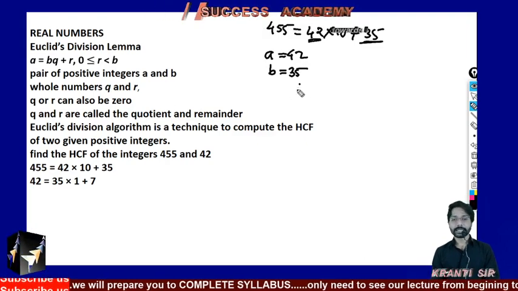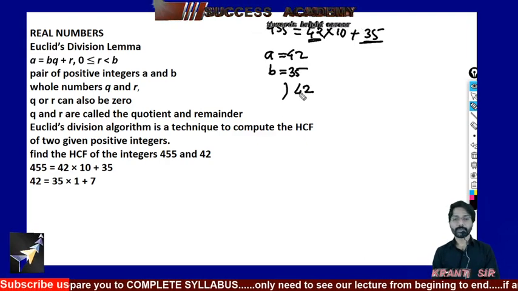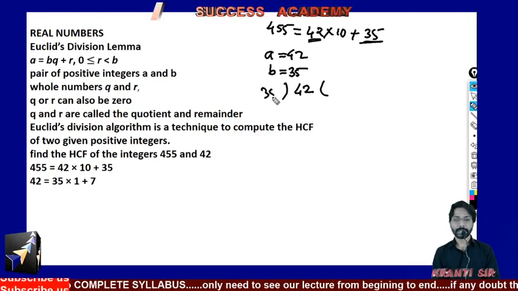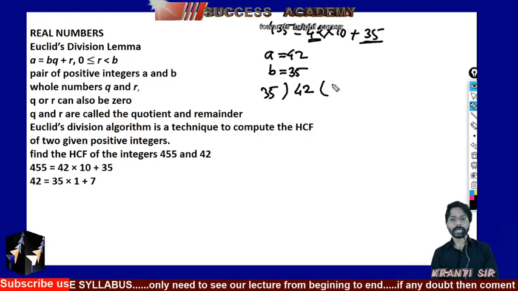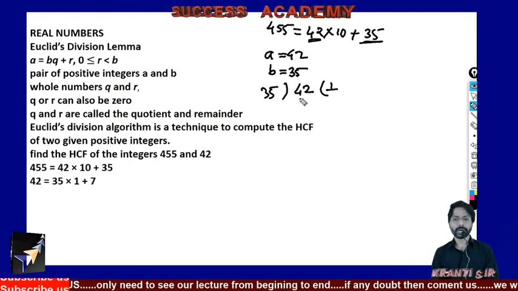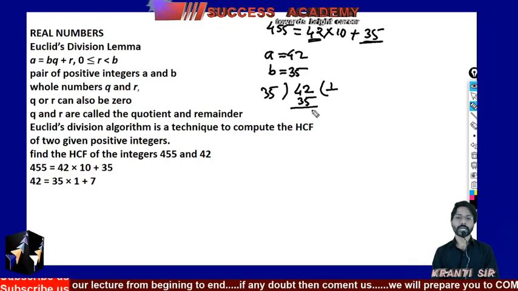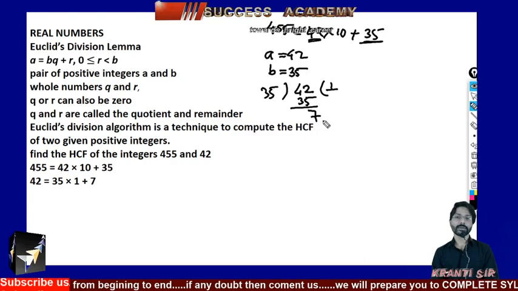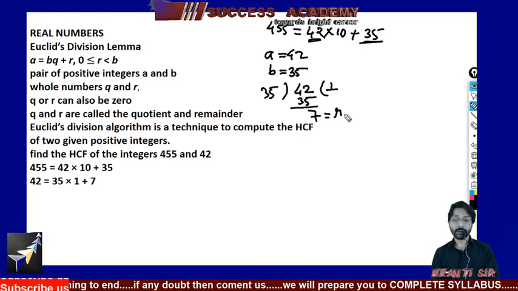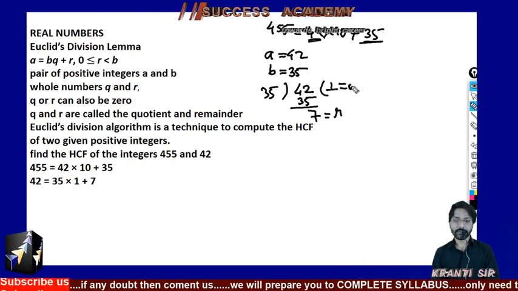divide this 42 by 35. Definitely you have to multiply it by only 1. 35 ones are 35. Now do the subtraction process. What are you getting? 7. So 7 is the value of R. And 1 is the value of